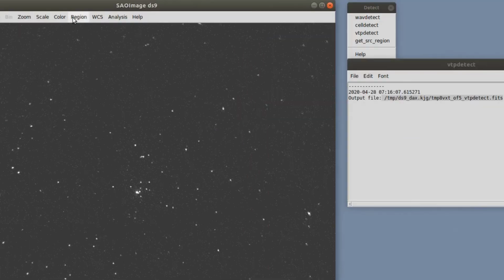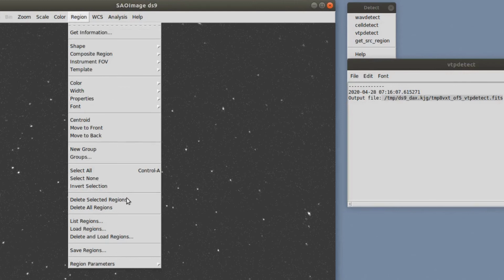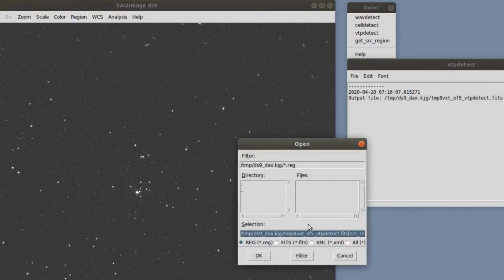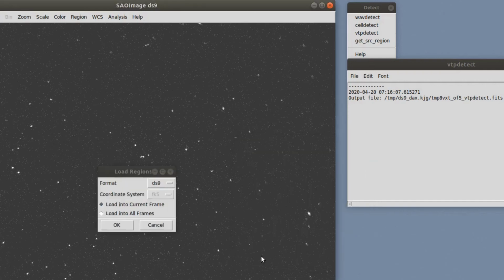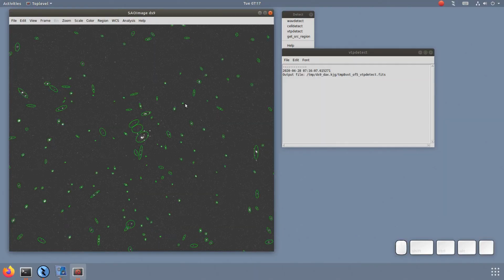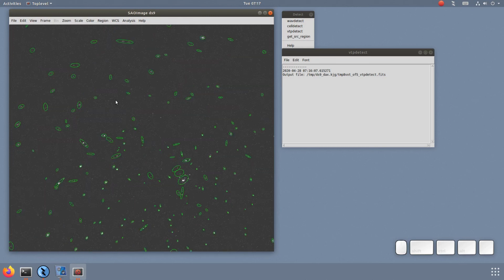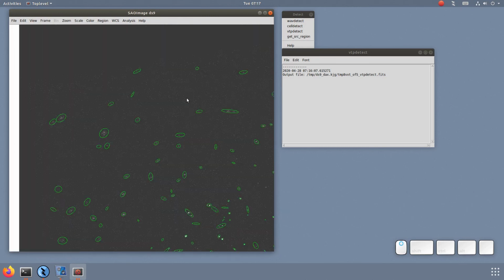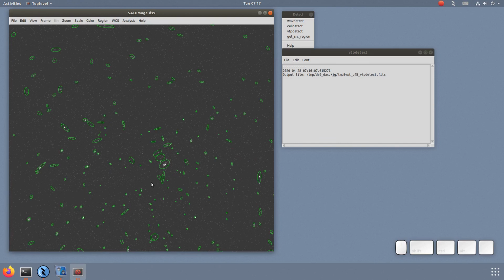Copy, region, load. And actually I want this, but I don't want the actual, that's what I want. Okay. And now you can see kind of the same thing you were seeing with self-detect and wavdetect, the ellipses. So